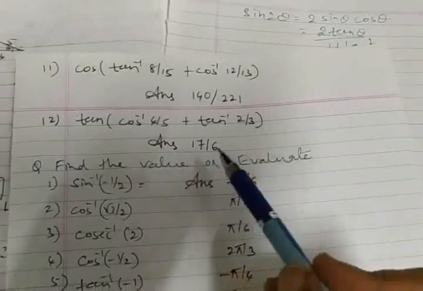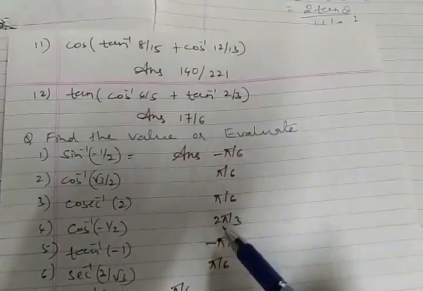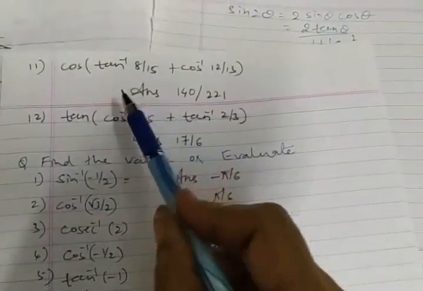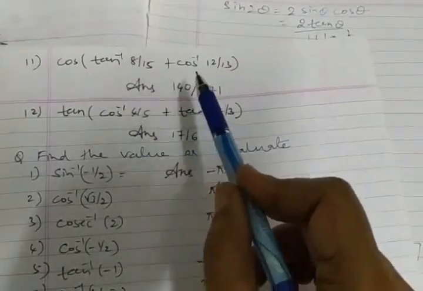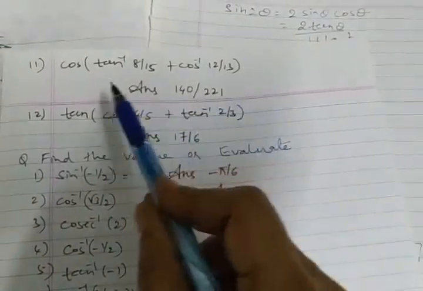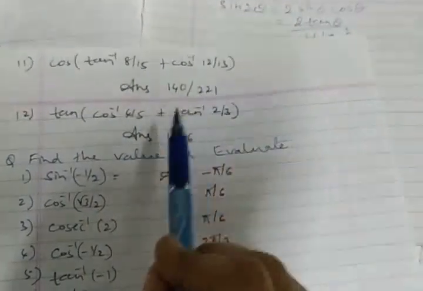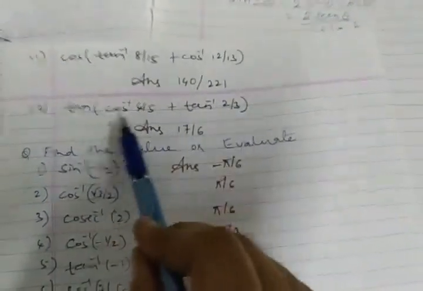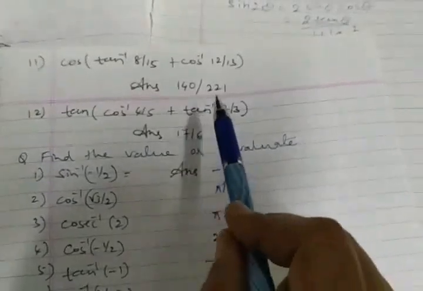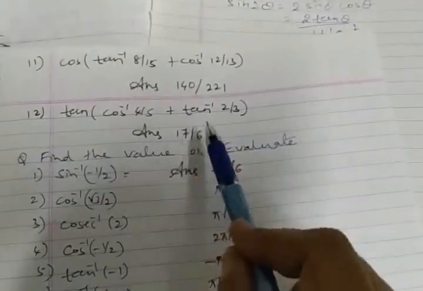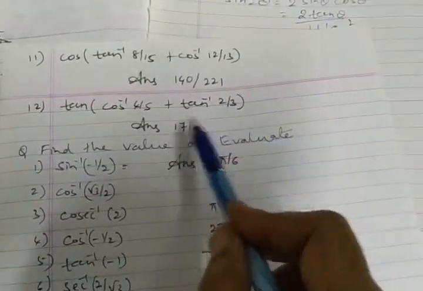I think here we find a few questions are given as homework, and the left out questions I'll send as a PDF file for you. So one question: the cos of tan inverse 8 by 15 plus cos inverse of 12 by 13. This is nothing but cos of (alpha plus beta), compound angle. What is tan of (alpha plus beta)? Tan alpha plus tan beta divided by 1 minus tan alpha tan beta. And I have given a solution.